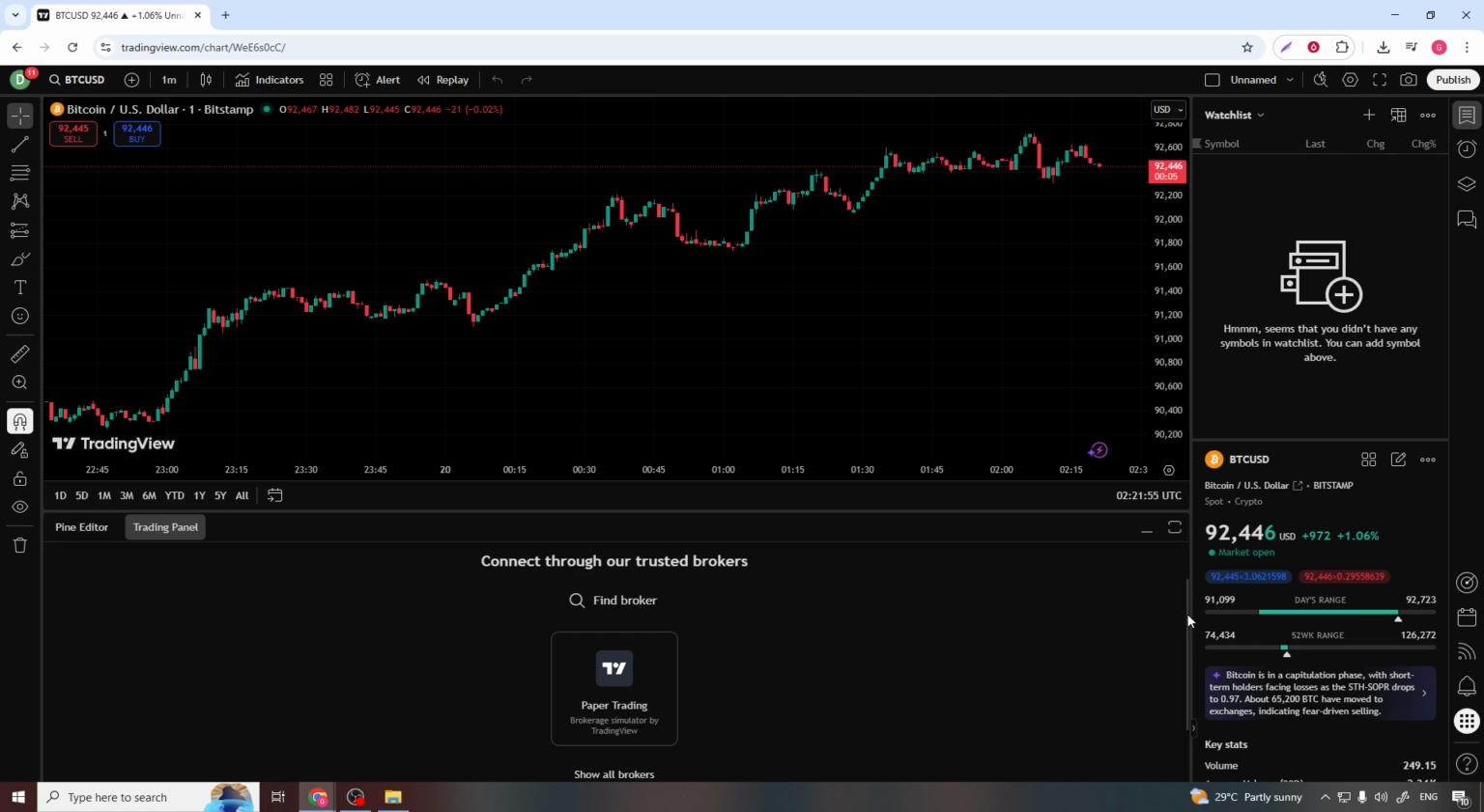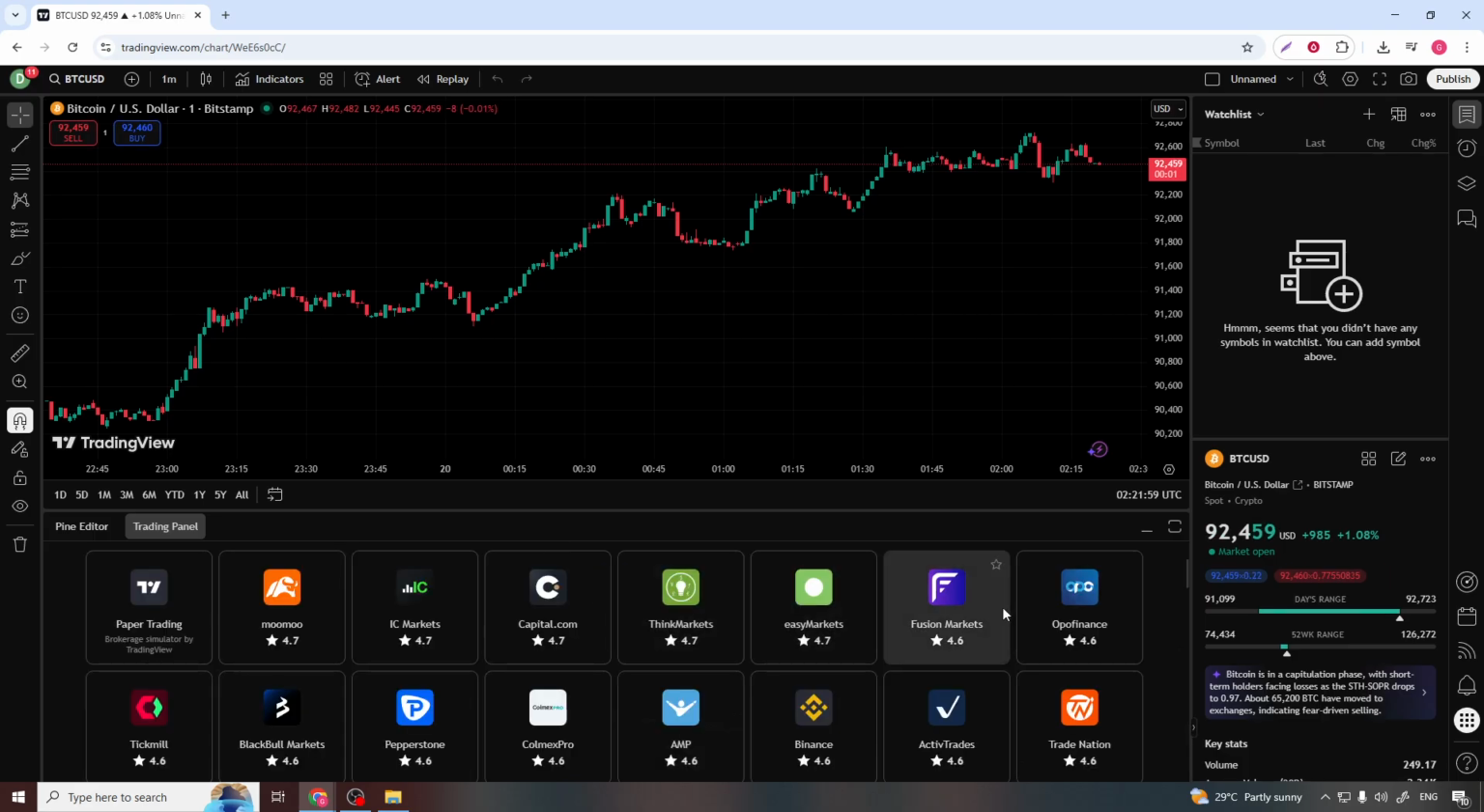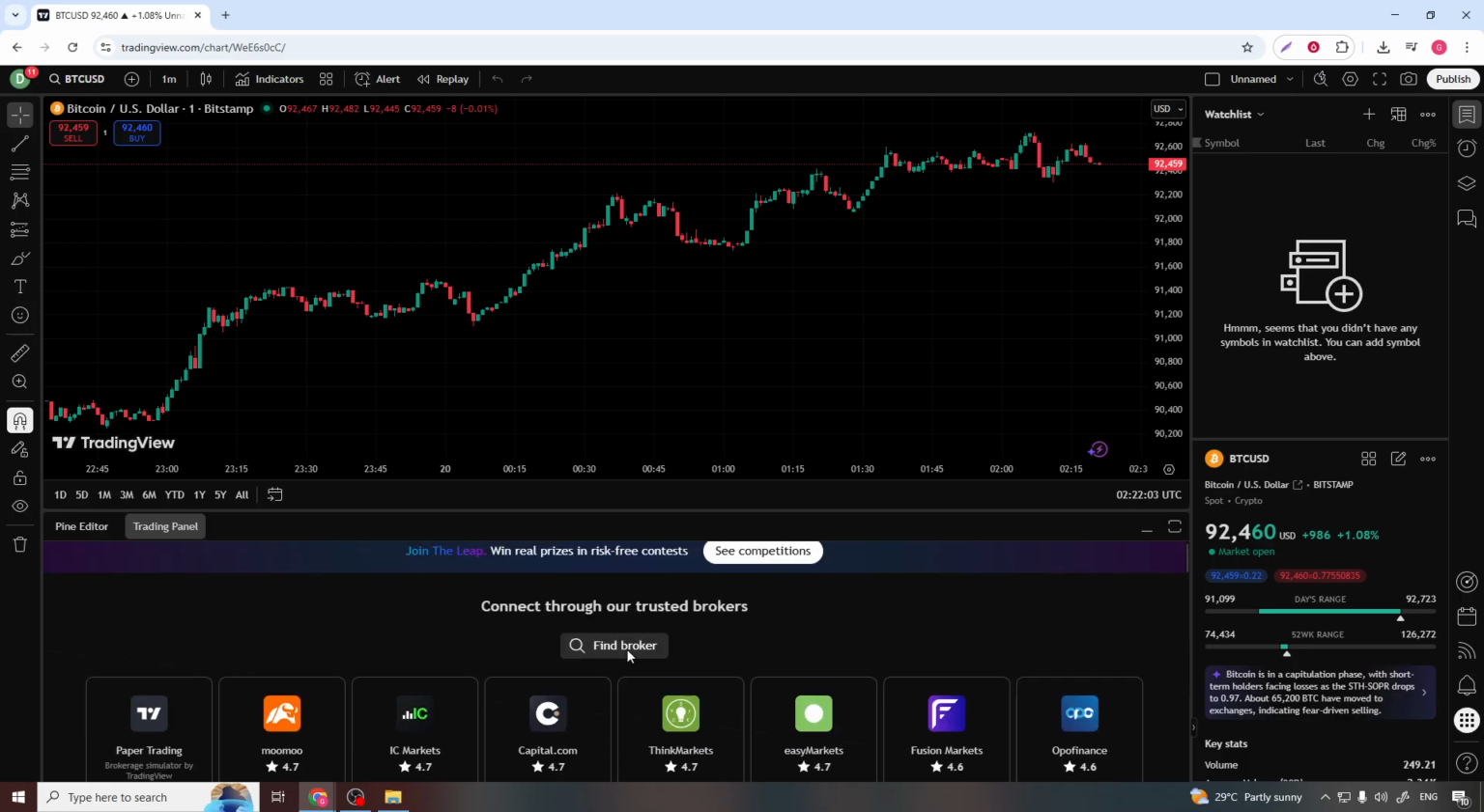To make sure you see every available option, look for a link or button that says Show All Brokers. Click that. This expands the full broker list and ensures that Interactive IL will appear if it's supported for your region and account type. Now that the full list is visible, use the search box within the trading panel to